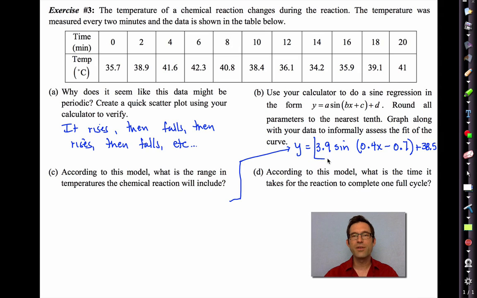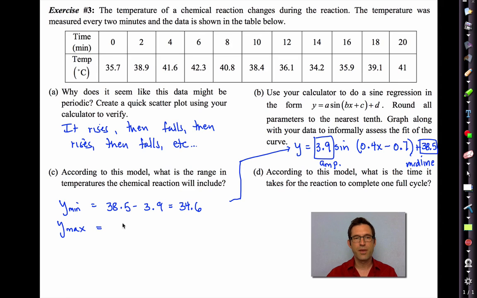If you recall, this number is the amplitude of my trig curve, and this is my midline or average value. So I can always figure out the minimum y value by taking my midline, 38.5, and subtracting my amplitude, 3.9, and that gives me 34.6. And then I can figure out the maximum by doing almost the same calculation, taking my midline, adding my amplitude, and getting